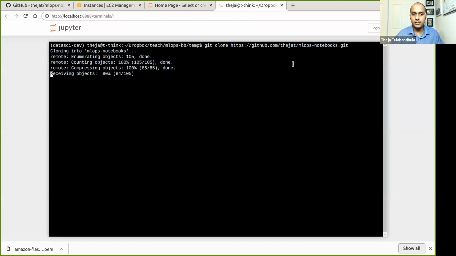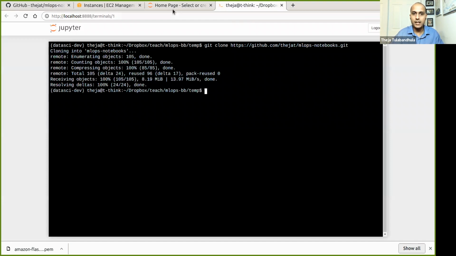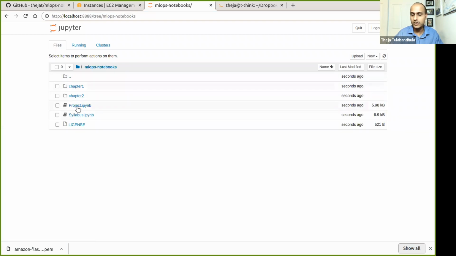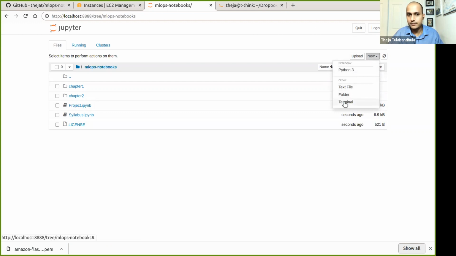Okay, this should get you the whole directory. And once I get that directory, I can just click on it, and I can locally also access these notebooks. That's what I meant earlier. So now let me create a terminal here,